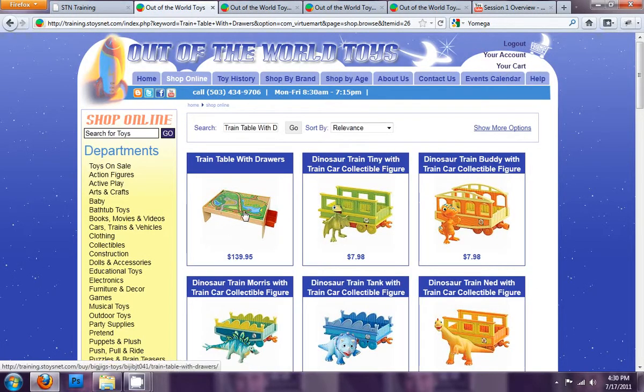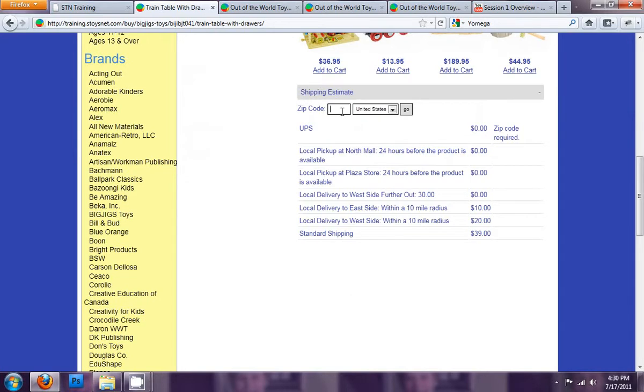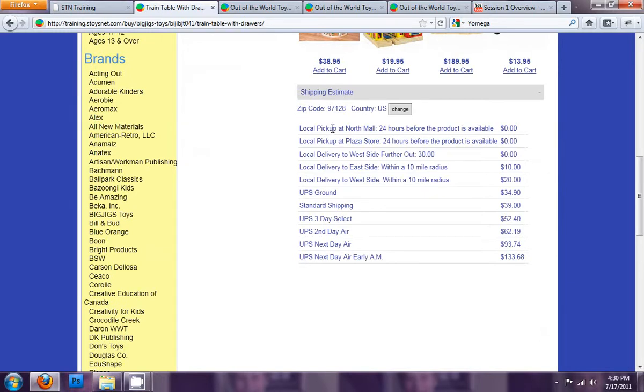So let's go to the front end of our train table with doors. Clicking on it, you'll see that the shipping calculators down below here are available, the estimators. So if I wanted to see what shipping was going to cost for UPS, I would enter a zip code in here and say go. And what it's doing right now, based on this zip code, is communicating with UPS, saying, okay, what are the shipping options for UPS? And it's like, okay, 3-day select is $52, next day air, UPS ground is going to be $34.90, and then there's